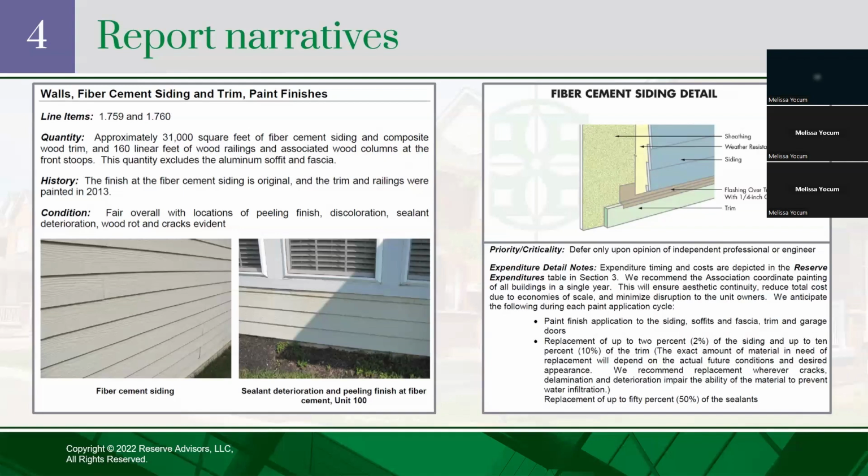There might be a line item for an HVAC system, and you're wondering, well, is that just the air handler? Is that the condensing unit or the heat pump? What's all included? Again, the narrative section is where to go to get an understanding of the assumptions at that time.